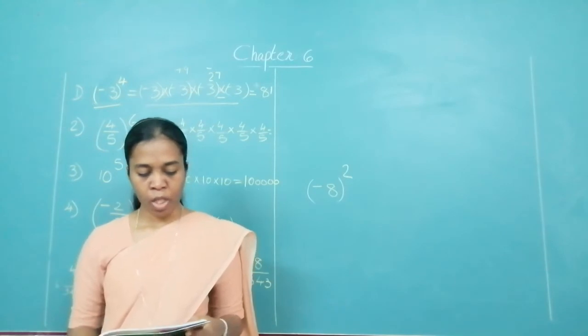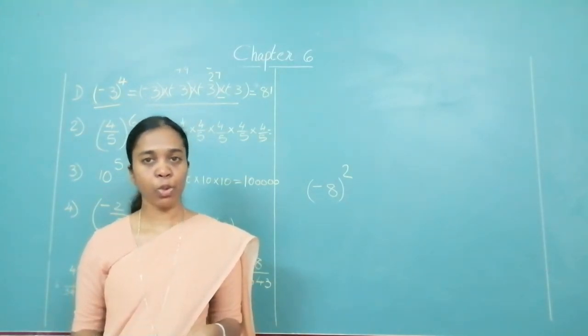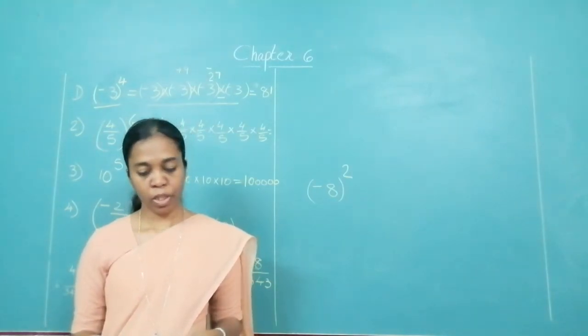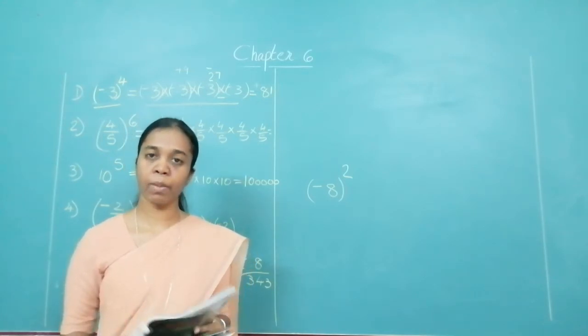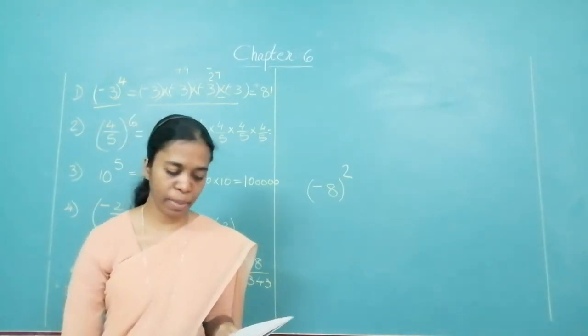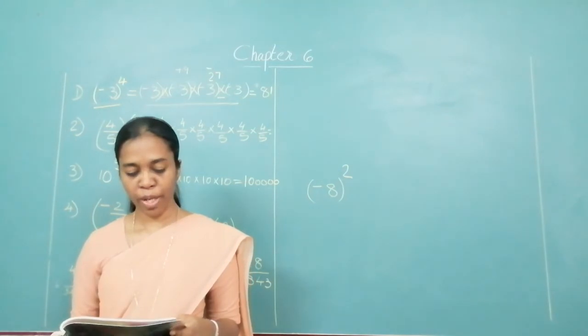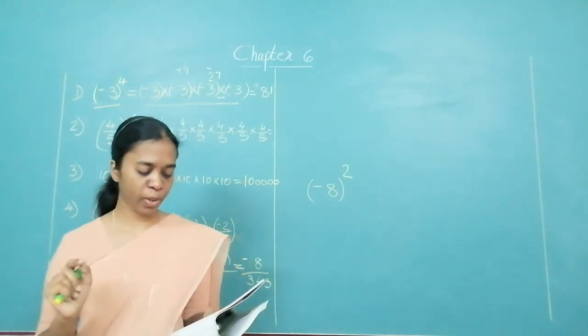Okay. Question number 5. Minus 13 raised to 4. What is the base? Write over there. Index, write. Multiplication form, minus 13, minus 13, minus 13. But separate it with the bracket because there is a minus sign. Find out the value. Question number 2. Find the value. Please remember, find the value.